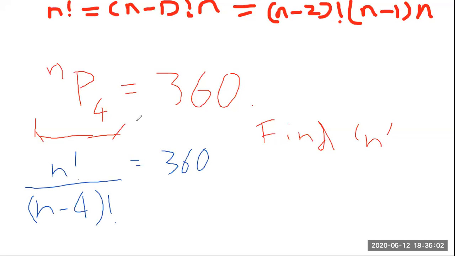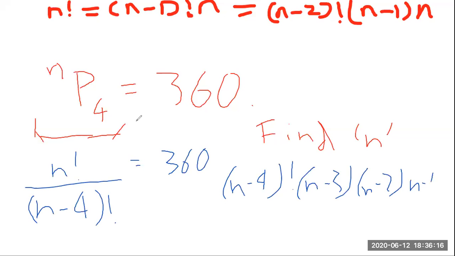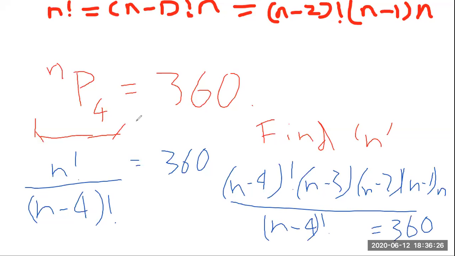Now to simplify the left-hand side, we know that we can also write it as n minus 4 factorial times n minus 2, n minus 3, n minus 2, n minus 1, and then n minus 4 factorial is equal to 360. We can cancel that off, and then